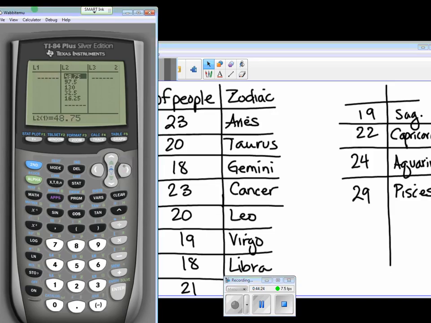When I'm plugging this into my calculator, we know what to plug in for L1. It's what's given to us here. What goes in L2? Oh, sorry, I'm plugging into the wrong thing. What goes into L2? The expected, but every time, right? So you're going to put 21.3 repeating 12 times. It's the same for each one. So we've got our data entered. Where do I go from here? If I want to find the test statistic and the p-value,